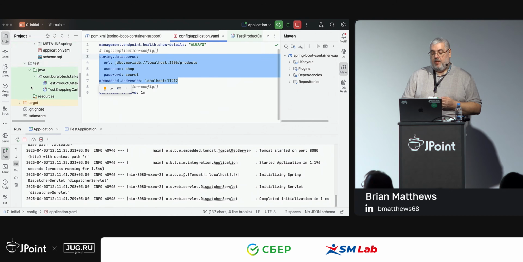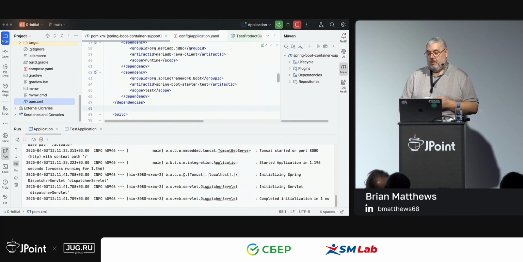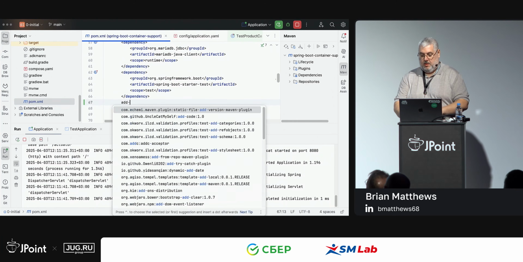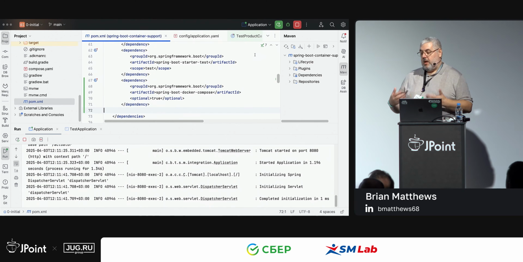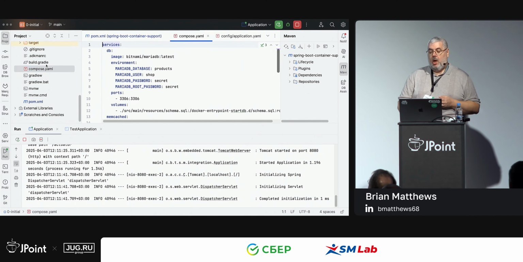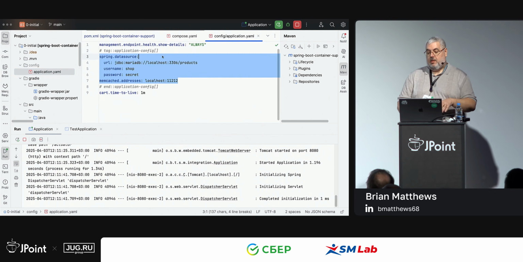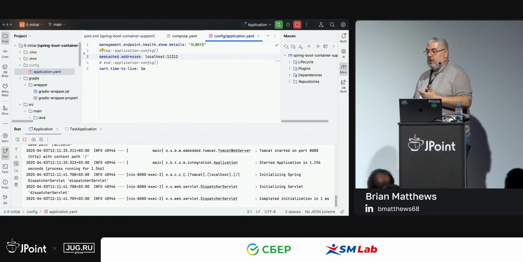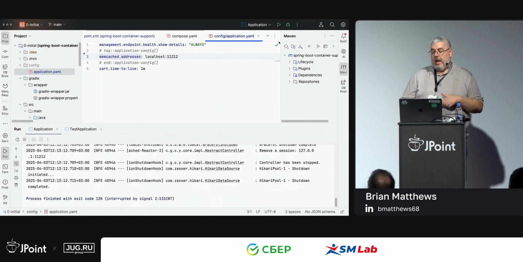So what I can do is I can just go and add the Docker Compose dependency. When I add this Docker Compose dependency, now I'm able to just straight away connect to the MariaDB database, because MariaDB is supported. So I don't need to tell my system where MariaDB is. Docker Compose development time services will actually be able to find that,